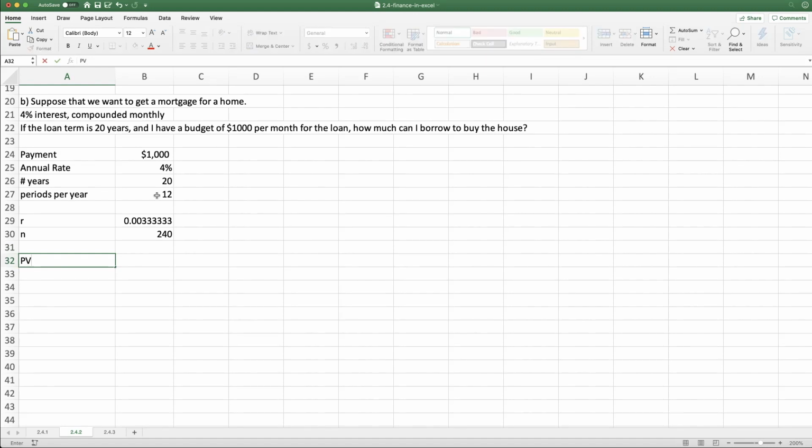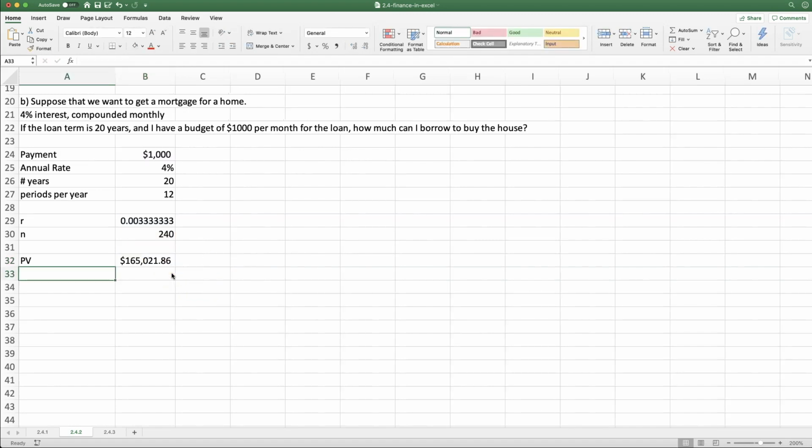The present value, then, is computed using the present value formula with the rate 0.0033333, 240 periods. The payment is $1,000, and I'm remembering to put a negative sign in front of it. And the future value is 0. Again, because this is optional, it's in square brackets, I could leave this blank and Excel will by default put a 0 there. But I'm going to put a 0 there to be 100% clear. The future value should be 0 at the end of this loan because I would hope to owe nothing at the end. I close this and hit enter, and I obtain